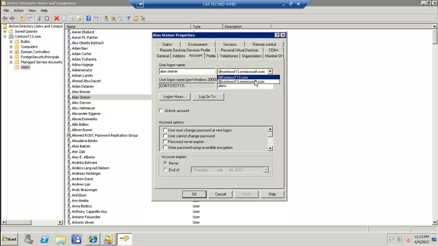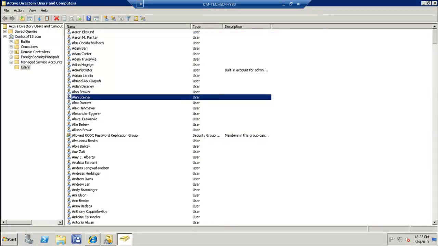So right here I can choose between my actual domain versus the one that I just got. So it's useful for trying out in a lab. Another neat trick